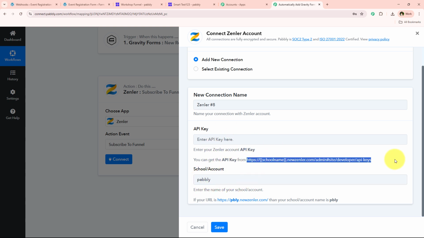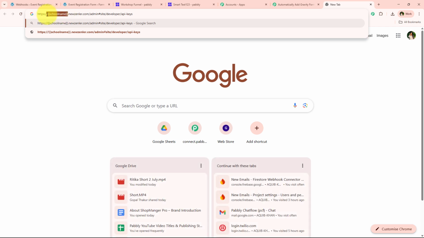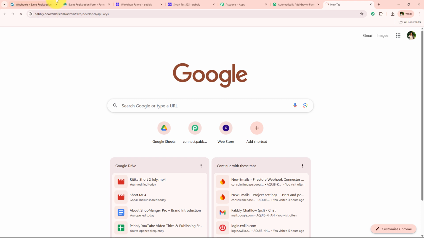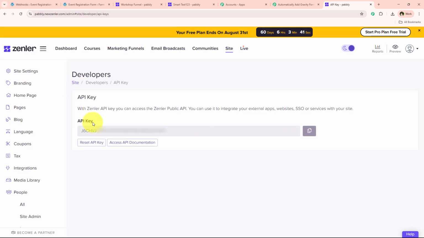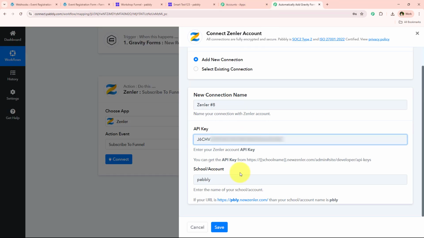only. I'm just going to copy this URL in the help text and open it in a new tab right over here, and for the school name, I'm going to enter my school name, which is Pabbly. Then I'm going to open this URL to get my API key. And as you can see, this is my API key, so I'm simply going to copy